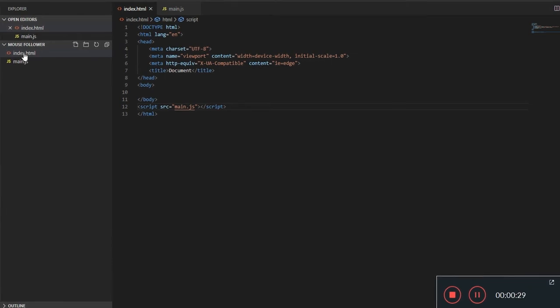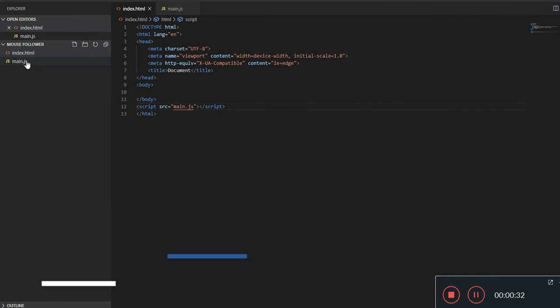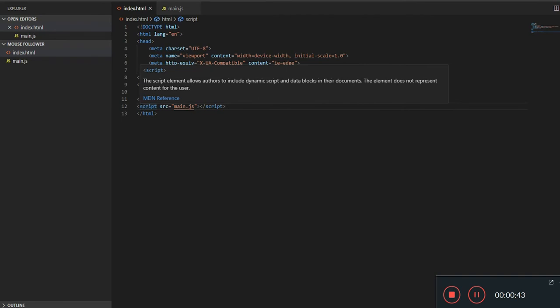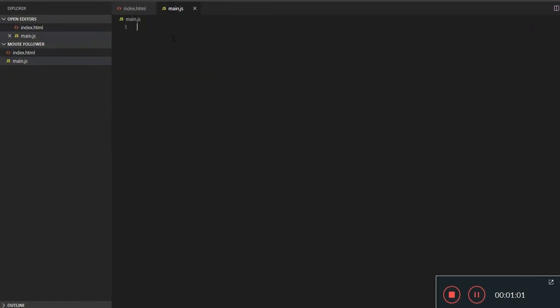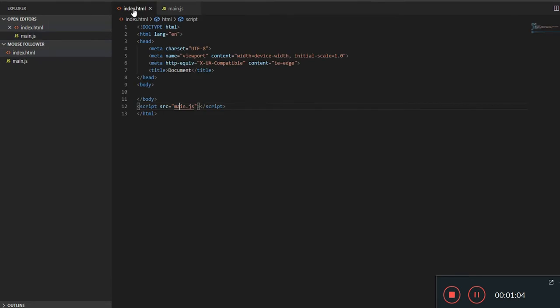Here I have two main files, which are my index.html file and my main.js file. I have attached my JavaScript main.js file to my index.html file with the script tag with source main.js. To check whether your JavaScript file is being correctly mapped to your HTML file, what you can do is hold the control key on your keyboard and click on that main.js link, which should take you to the main.js file, which means that your file has been correctly attached to your